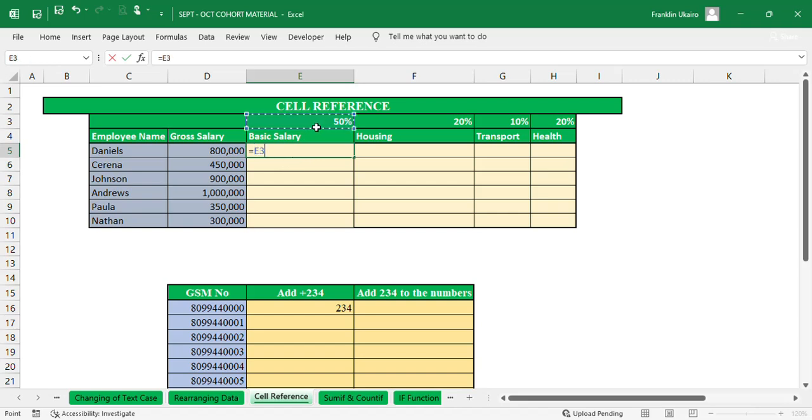You can see it showing E3 in the address bar, but once you lock it by pressing your F4 key once, it changes to $E$3. So anytime you put your insertion point or cursor on a particular cell, and the cell address is telling you $A$2, or a dollar sign this, dollar sign that, it means